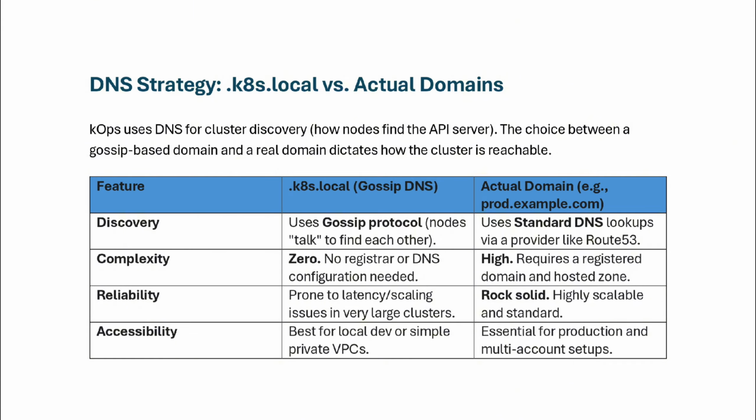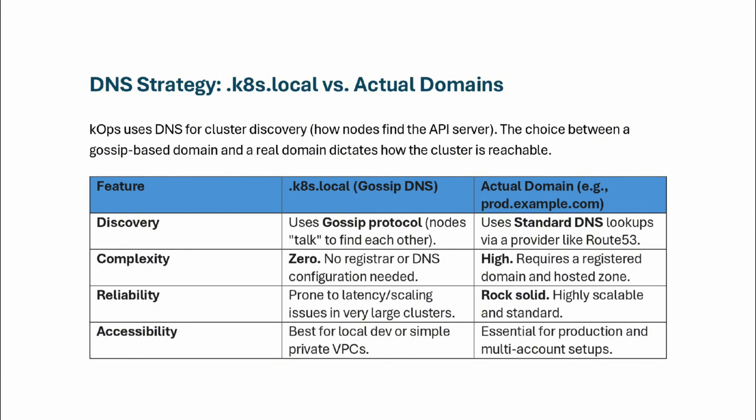Complexity: k8s.local complexity is zero. No registrar or DNS configuration is needed, whereas with an actual domain, it is high. It requires a registered domain and a hosted zone. Reliability: k8s.local is prone to latency or scaling issues in very large clusters, whereas an actual domain is rock solid, highly scalable and standard. Accessibility: k8s.local is best for local development or simple private VPCs, whereas an actual domain is essential for